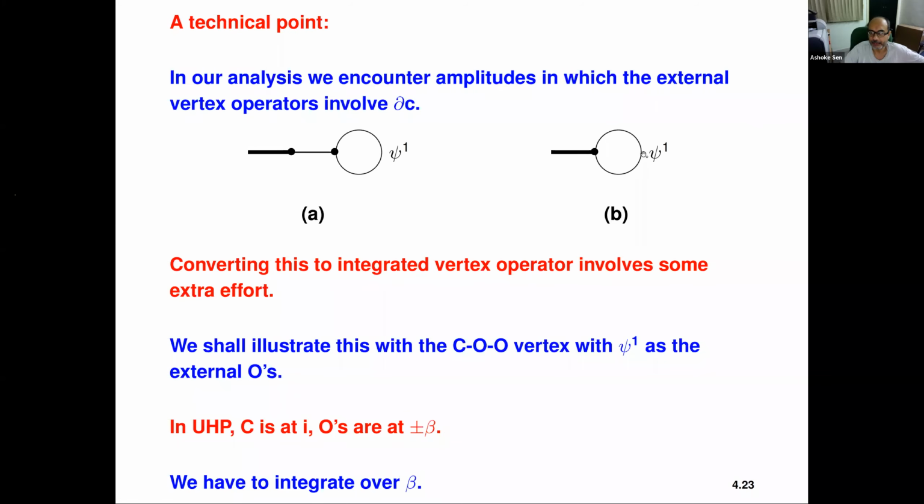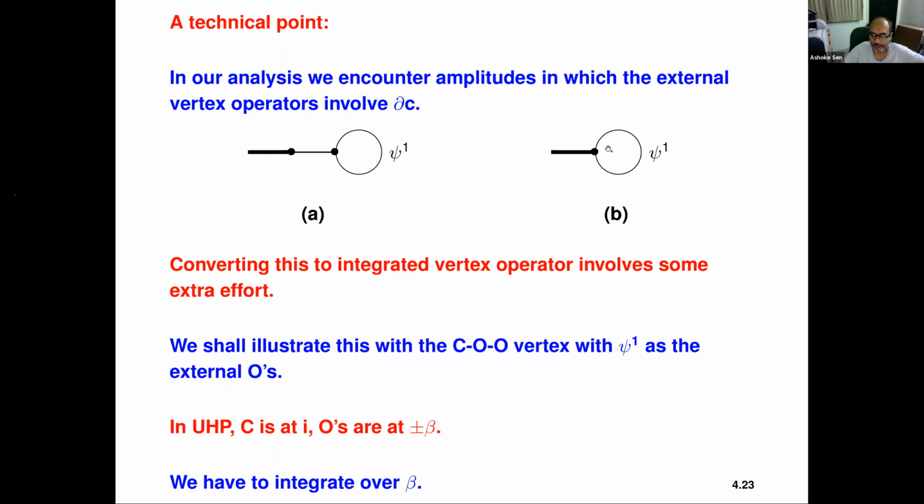We are supposed to take the psi1 propagator, which is -1/2, and multiply this by the COO amplitude, where for C we take the closed string tachyon, and for the two O's we take two psi1 vertex operators. Now two psi1 vertex operators are each partial C. So altogether you have ghost number 4, because the closed string tachyon has a C times C bar, that's ghost number 2, and each of these have ghost number 1, so that's ghost number 4, that's one too many, right? We need ghost number 3.